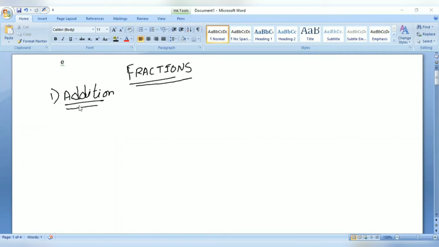Hello friends. So now we are going to see problems related to fractions. When you are given fractions or mixed fractions, how are we going to solve those questions? For example, if we have fractions like 1 by 2 plus 2 3 by 4, and you are asked to calculate this value, how can we quickly solve this question?